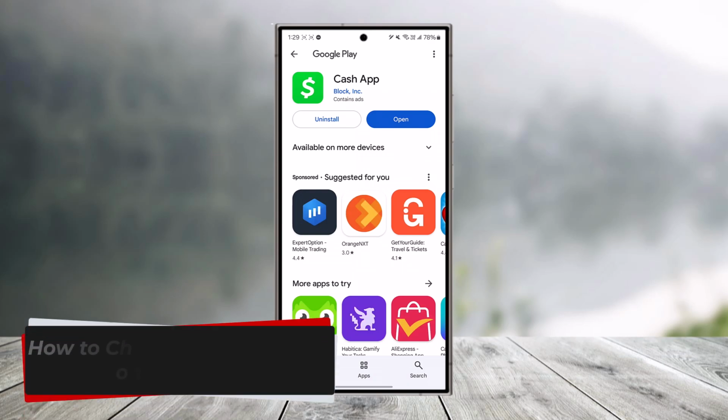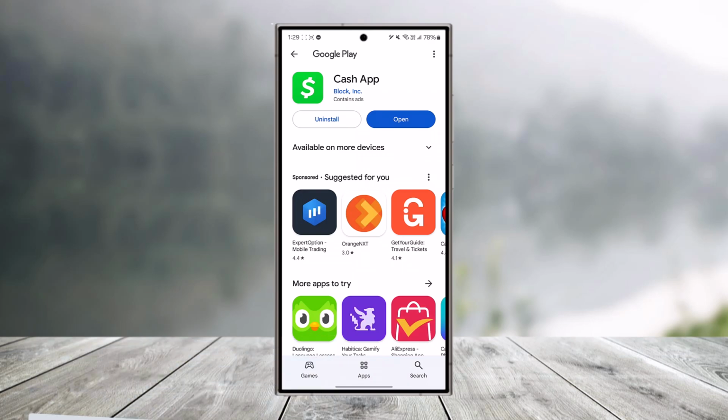How to change your zip code on Cash App. So basically, if you want to change your zip code on Cash App, it is very simple to do so. Now normally a zip code is used for different purposes, but if you think that you need to update your